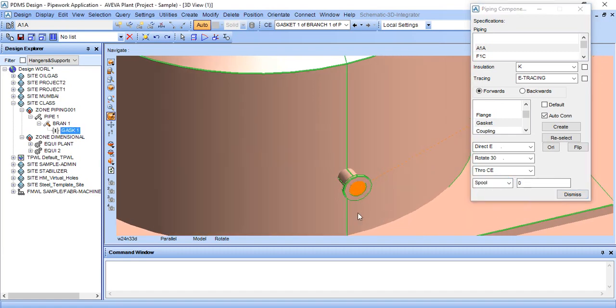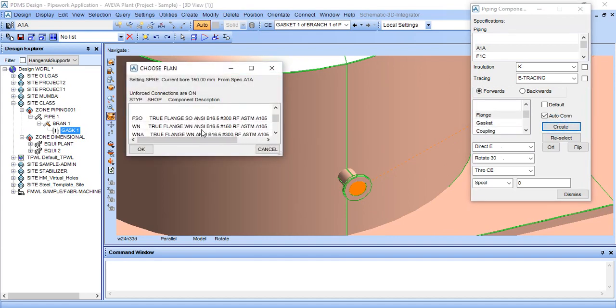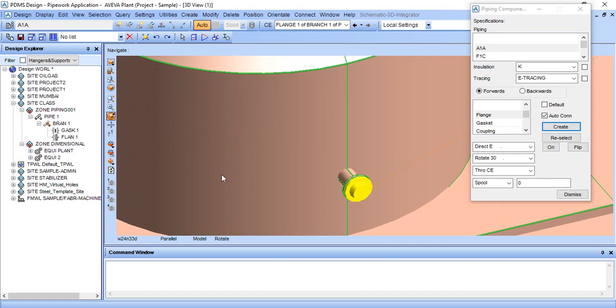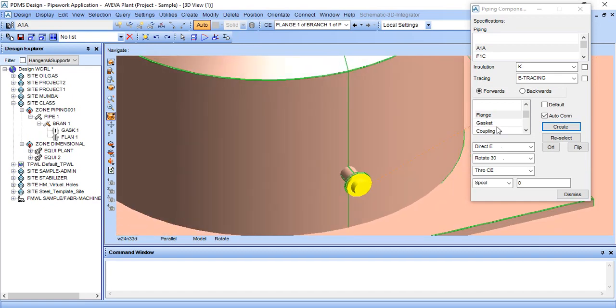So here it is created, and then we will need a flange. Create, and I want a weld neck flange, so it is WN. Click OK. It is created.